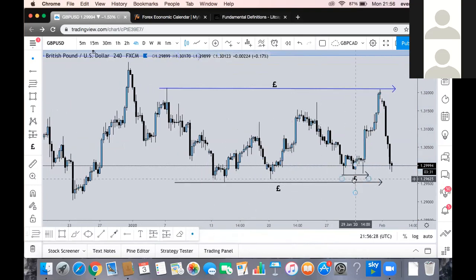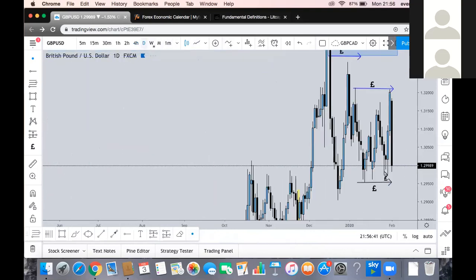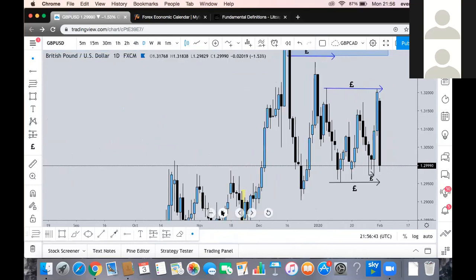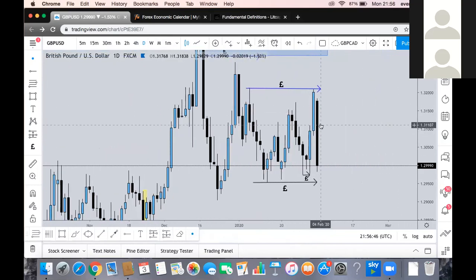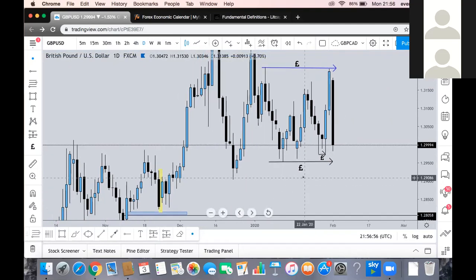So I'm not interested in the pound USD yet, as this area is definitely looking to get swept before we can maybe get higher prices again. On the daily, it's very choppy, and judging by today's candle, it's very bearish, so to speak. I probably won't be looking for a buy scenario until we actually get this liquidity dip. So bear with us on that one.